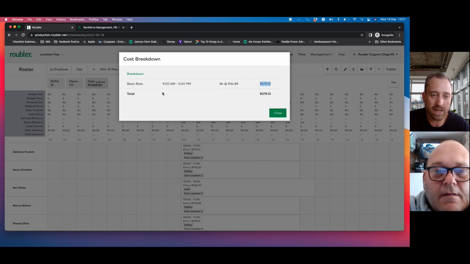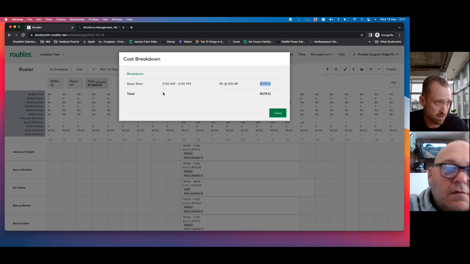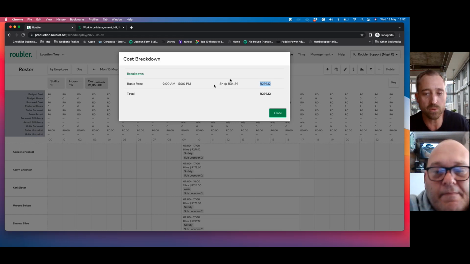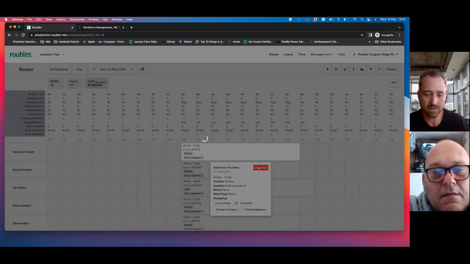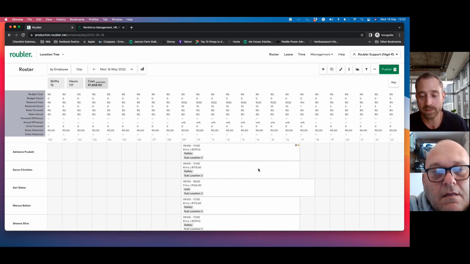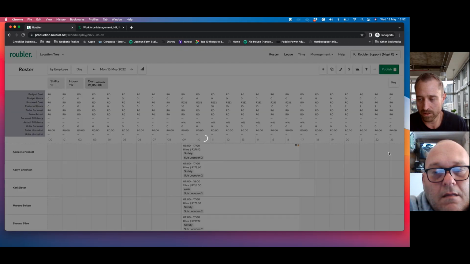Now, if there were things like night shift allowances or meal allowances or early arrival allowances or whatever it may be, overtime, 1.5, Sunday work, public holiday work, or any of those things that you were used to back in security days, those would all appear here in a nice breakdown. So all of that can be brought into the system from a calculation point of view. And just to give you some idea, this is a published roster, which means that everybody knows about the roster. If I unpublish it and I go and draw that shift out,